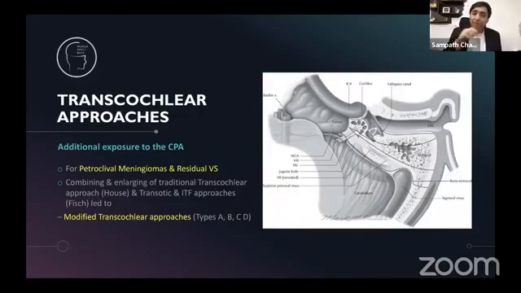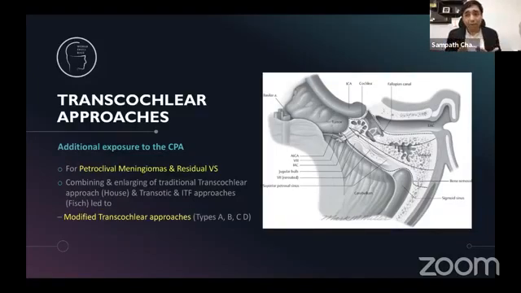And when you go inside, you'll see that a lot of disease can also be in the infratemporal fossa. It can be in the areas of the stylomastoid foramen. It can be going along the eustachian tube, and then into the petrous areas, hypotympanum, posterior to the facial or retrofacial areas. So all these areas cannot be opened and left open.